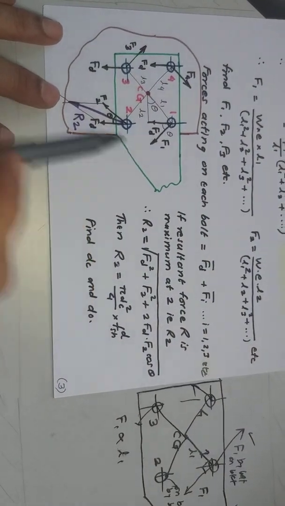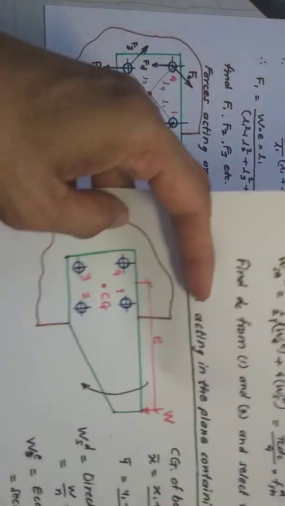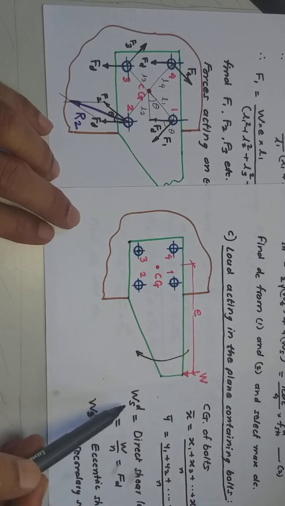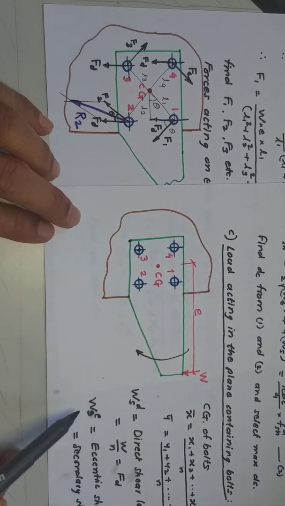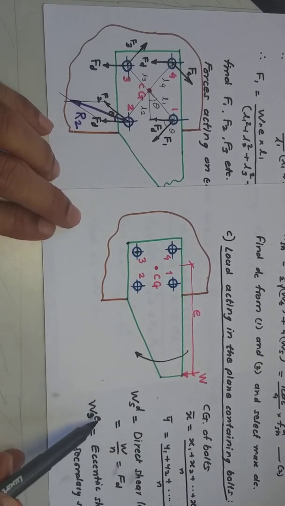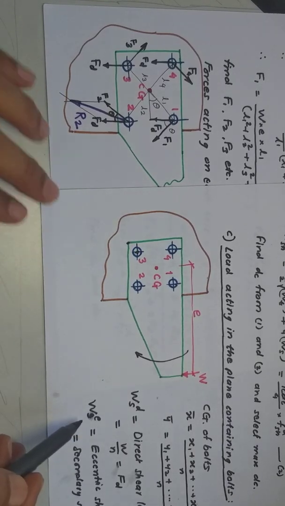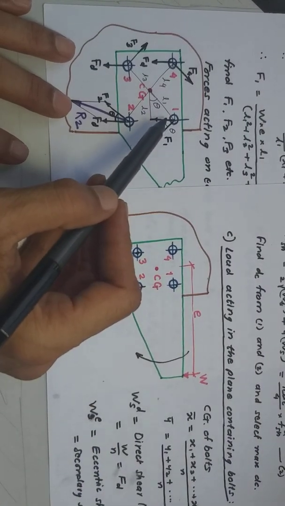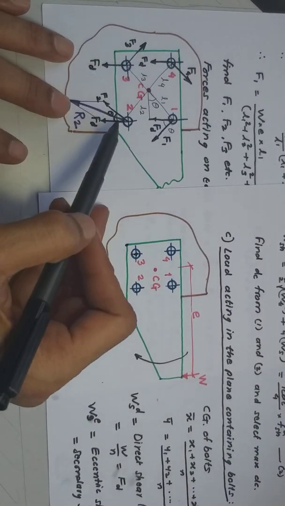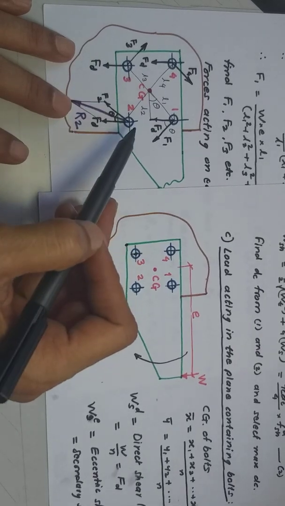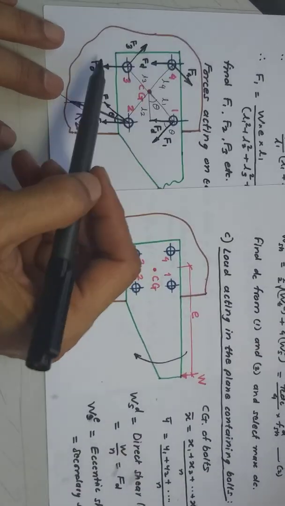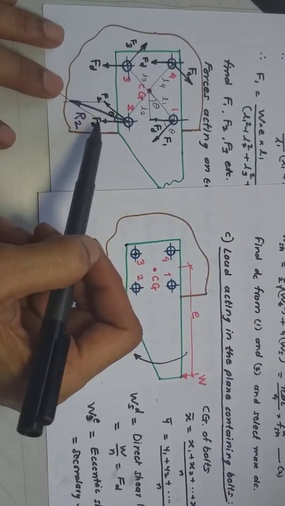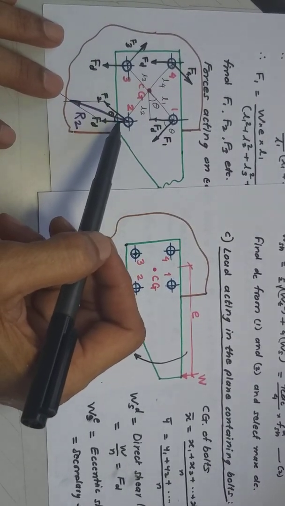Now as you have seen earlier, I'll just take out the earlier figure. If you remember, we said earlier that F shear D is the direct load and F shear E is the eccentric load, which is also called, in this case, F2, etc. So where is F shear direct? F shear direct, also called FD, is here. You can see FD, FD, FD, FD. This FD is the load acting on each bolt because of the direct action of the load. So FD, FD, FD, FD, all of them are pointing down because the bolts are being pushed down.